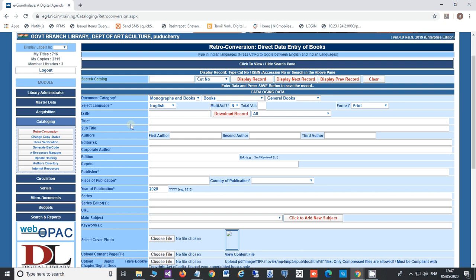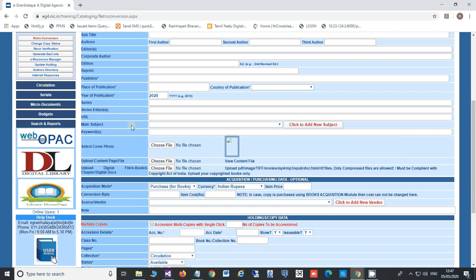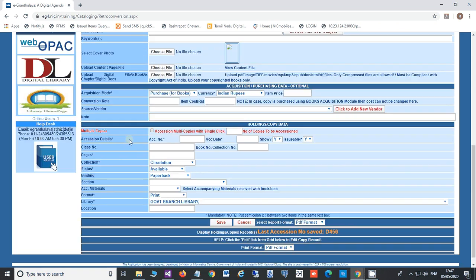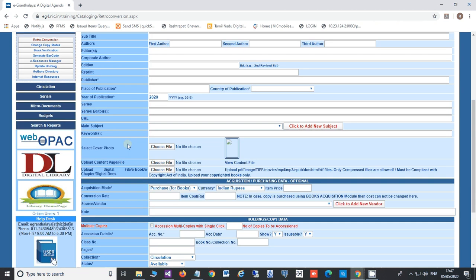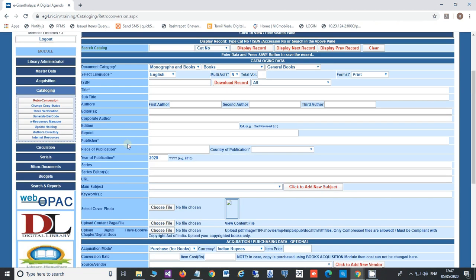Then the other libraries do not need to enter the cataloging record of the same book. They will rather use the existing record of that book, display the record, and add their copies only. So this is very important to understand.